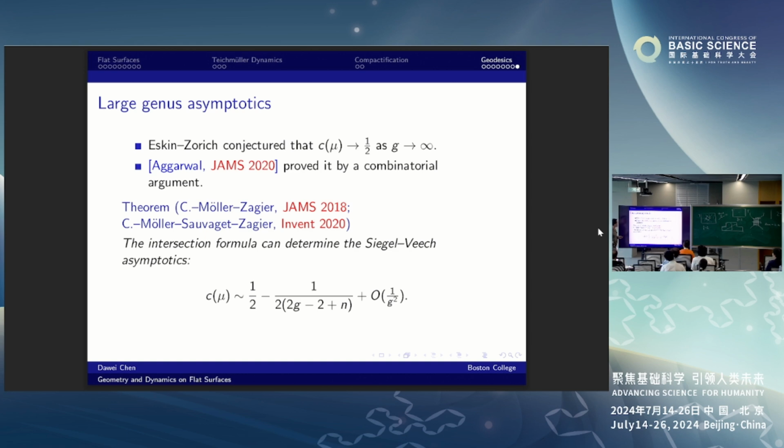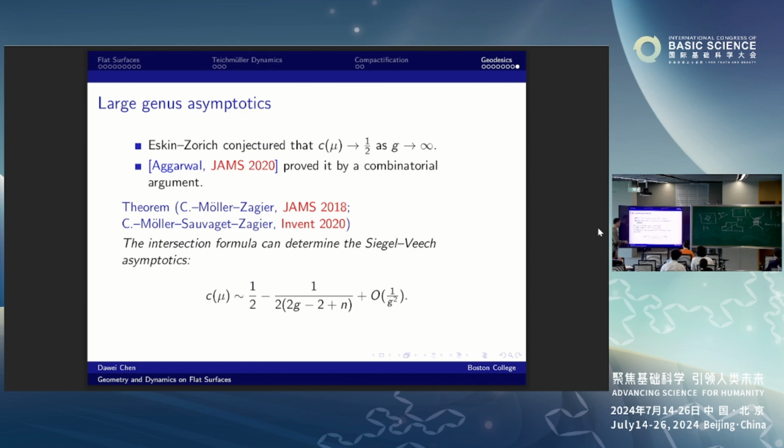So in the last slide, let me just show you one iterative application. About 20 years ago, by computer experiments, Eskin and Zorich conjectured that if you look at such area Siegel-Veech constants for the entire moduli space H mu, they uniformly approach the number 1/2 when genus goes to infinity, regardless of the zero type mu, it doesn't matter. And Aggarwal, who was also here with Anton Zorich, both were here last week, proved it by using an amazing combinatorial argument. And about the same time, by using our intersection formula with my collaborators, in an earlier paper to deal with when mu